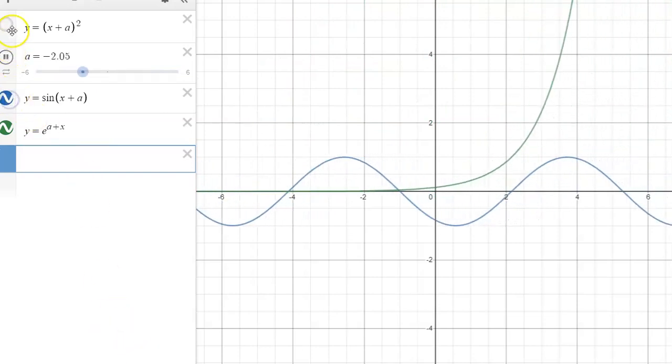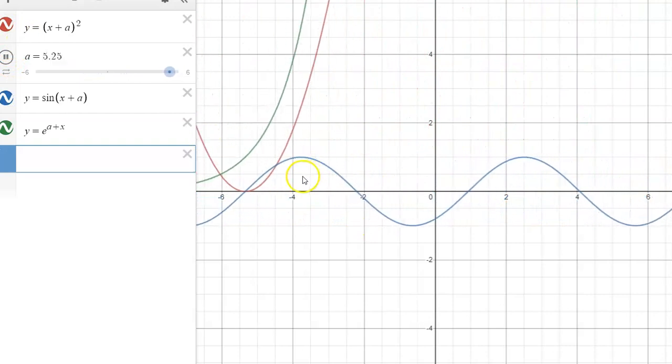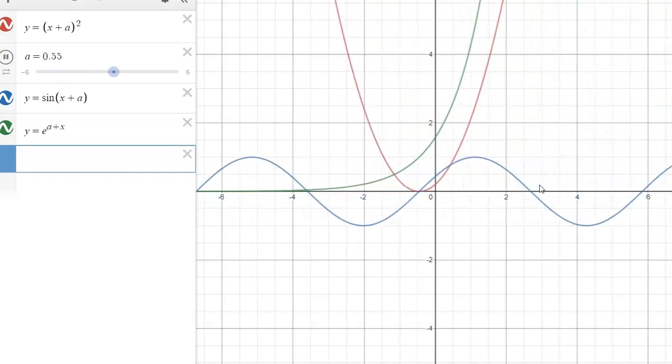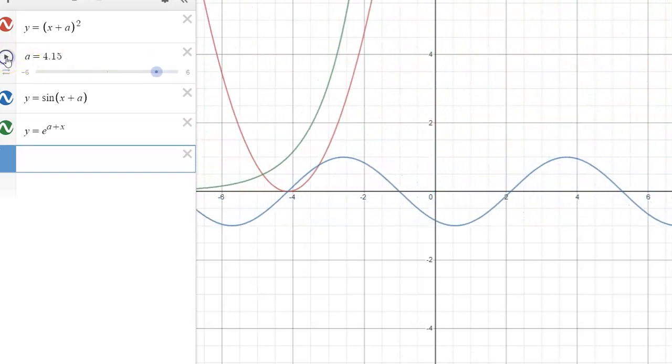And for the fun of it, we'll put them all on. And again, you can see that they are staying still compared to each other because everything is just getting shifted that amount. What you've got to watch, though, is with moving left and right, it seems to move counterintuitive. When we added 2 at the very end, it moved 2 up. But look, we're adding 4.15, but we've moved left. You'd think it would move right, but it doesn't. Anything on the x-axis always seems to move the opposite way to the way I'd expect it to. So adding 2 moving up makes sense on the y-axis, but on the x-axis, adding 2 actually moves it